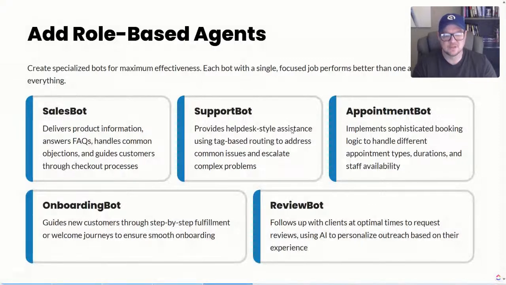For instance, we built out an AI system for a credit repair company. With their support bot, we were answering questions like, "How long does it take to get results after disputes have been sent?" So we went in, programmed the answer, and put it in the FAQs. The support bot is there to answer the common questions, so you don't have to constantly be on the phone or pay somebody to constantly be on the phone to answer these questions. That's what the support bot is there to do, to engage with them,